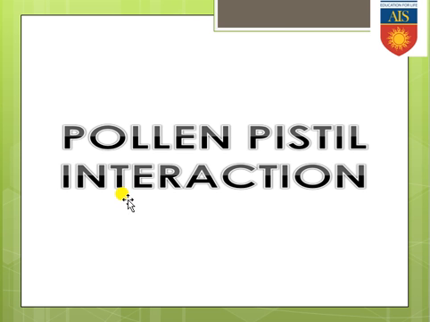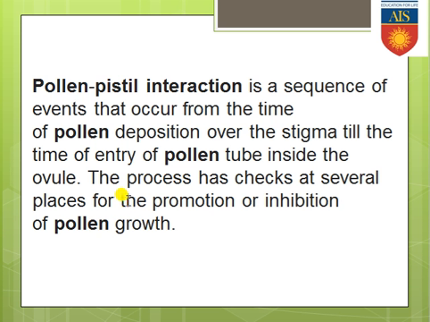So let's see what is pollen pistil interaction. First of all, we have to know the definition of pollen pistil interaction, and the definition is: when the pollen is transferred onto the surface of the stigma, obviously between the pollen grain and the stigma one interaction happens, and due to that interaction, as a result, a pollen tube forms from the surface of the pollen grain. That means the male gametophytic development will happen. So this entire phenomenon of interaction, and for that reason the pollen tube that is produced, is commonly known as pollen pistil interaction.